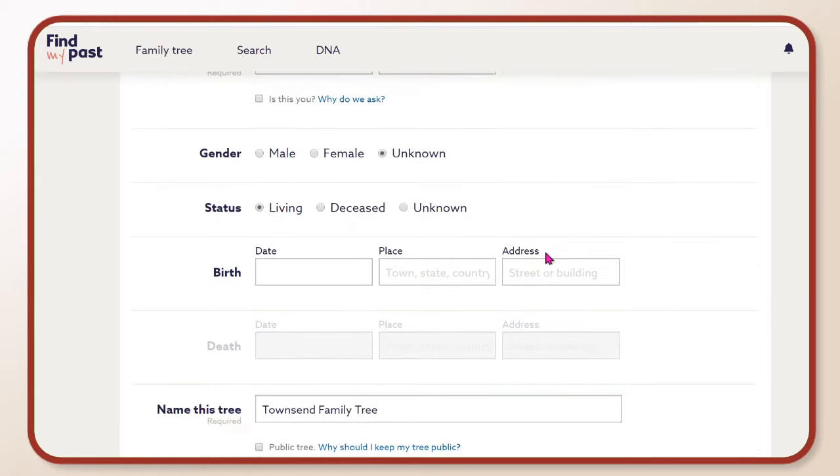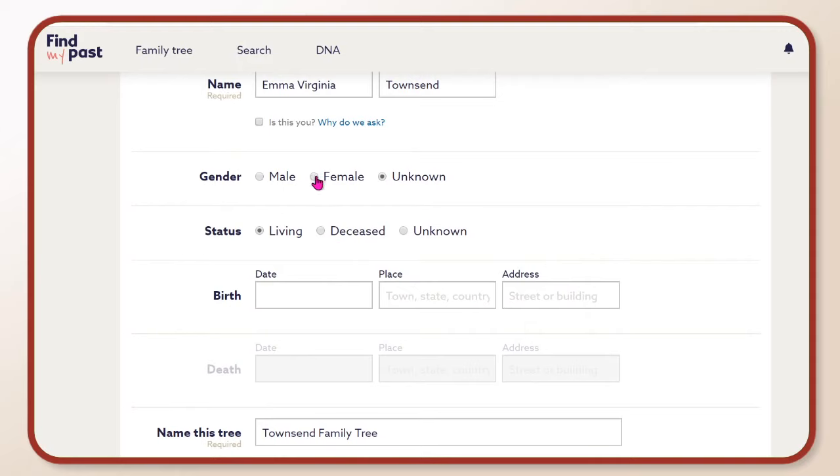All right, so I need to go through and add other information. I know she's female. I know she was deceased because, well, she was born a very, very long time ago. Now, if I remember what the date of birth is, I can type that in there.